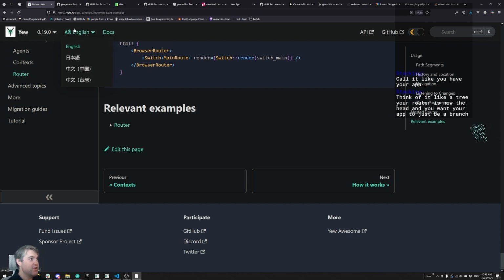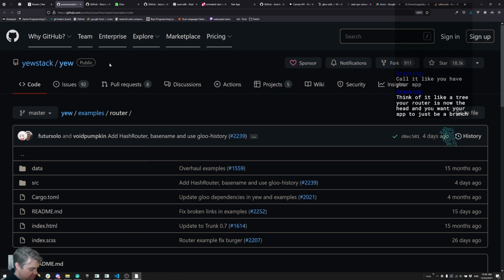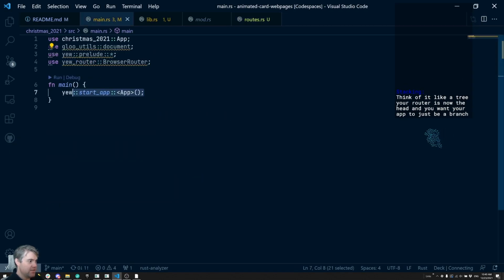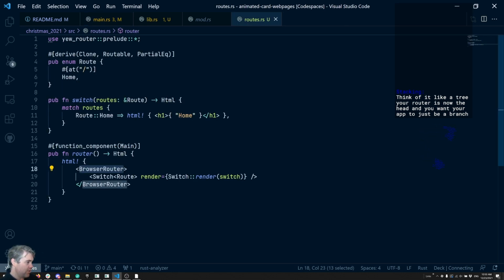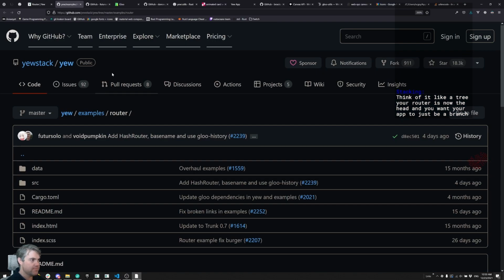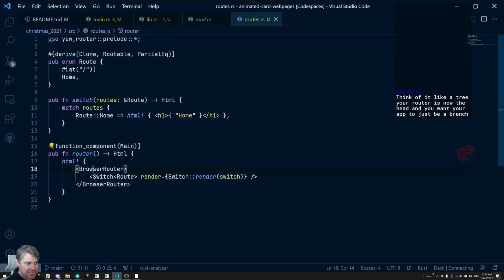Think of it like a tree. Your router is now the head and you want your app to just be a branch. Oh, no, I get that part. What I don't get is how do I tell the main, because this is a type that's here, right? How do I tell main to start using this router component? Because all I have is router here. I don't have a type to hand it in and say, use that now. Unless, like, I can say browser router, but